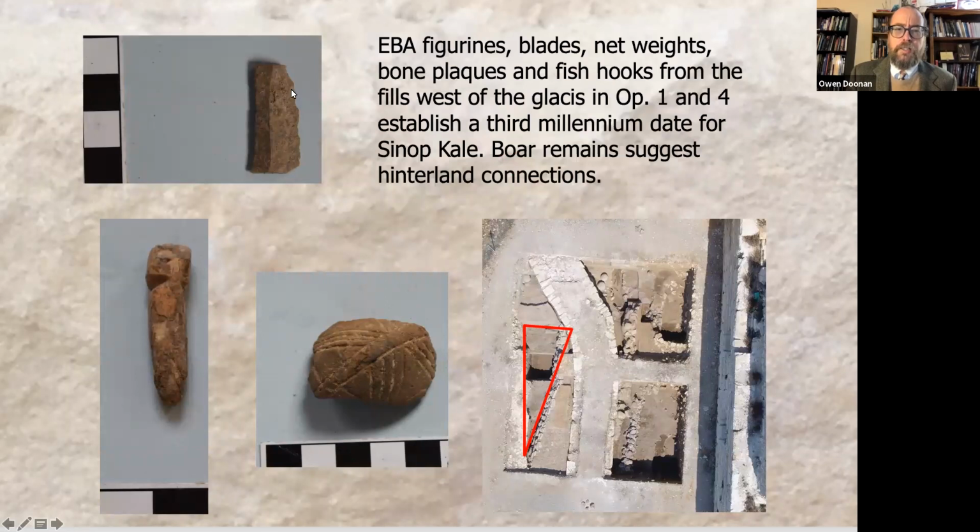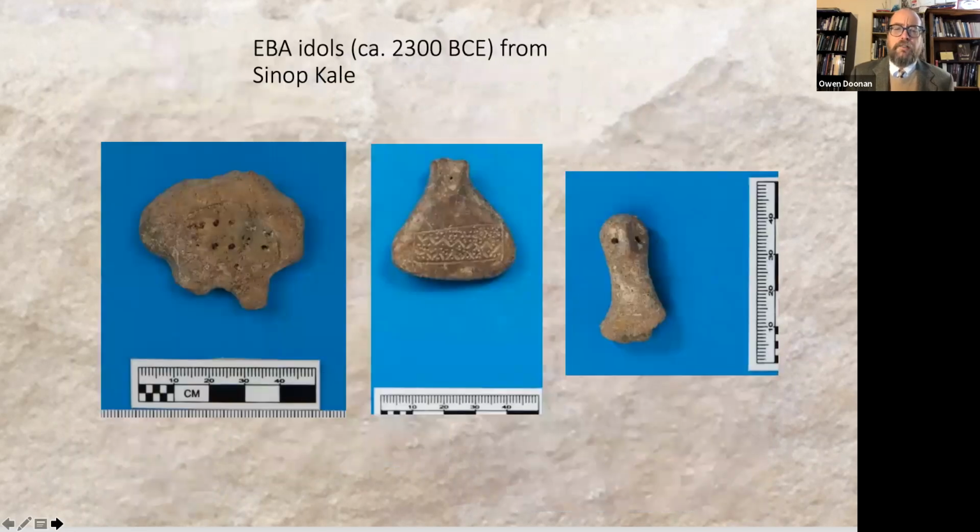Fish hooks and blades were intriguing finds, and numerous fish bones and some terrestrial animal bones as well. And so this particular mixture is quite intriguing. Now, I want to underscore that to date, our research that connects with the very early periods in Sinope is limited to mixed fills, but on the other hand, the finds, especially this group of terracotta idols, which have